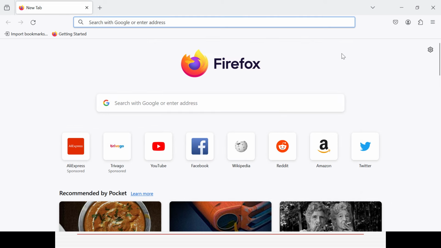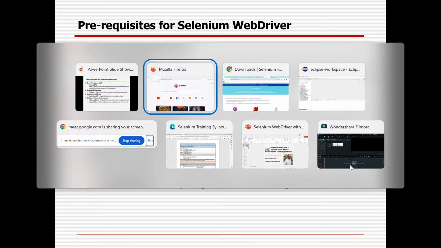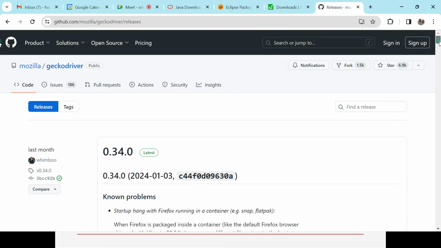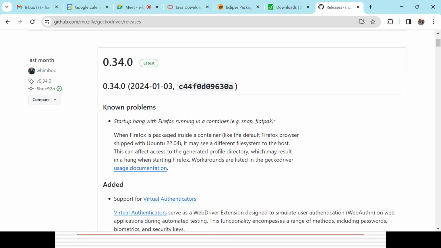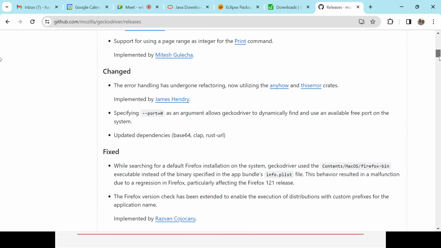So now you need to install the driver file. That is the site for Gecko Driver. Okay, you can go to the site. Chrome Driver, I will cover it next session, no worry. You can go to that version, right? And automatically you will be getting all this stuff. So here, this is the version for the Gecko Driver, sorry, Firefox driver. Okay, so you can get to know here.